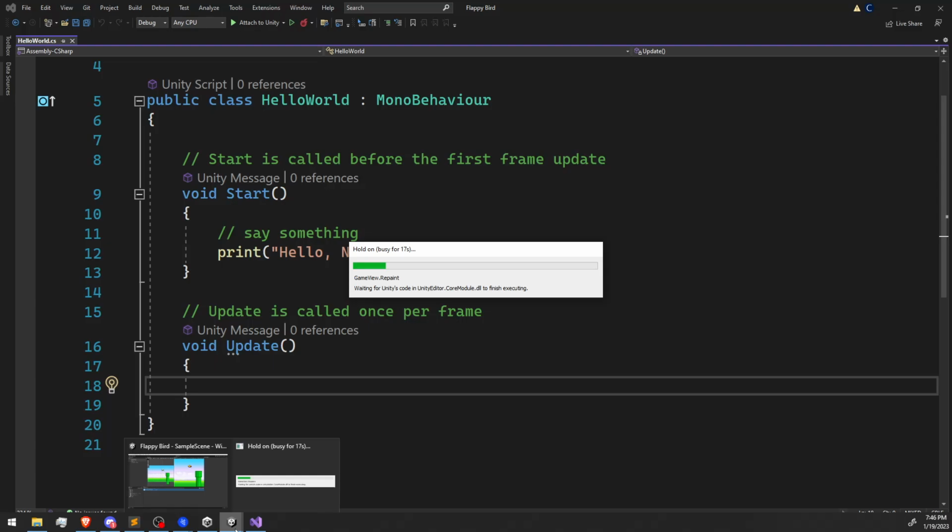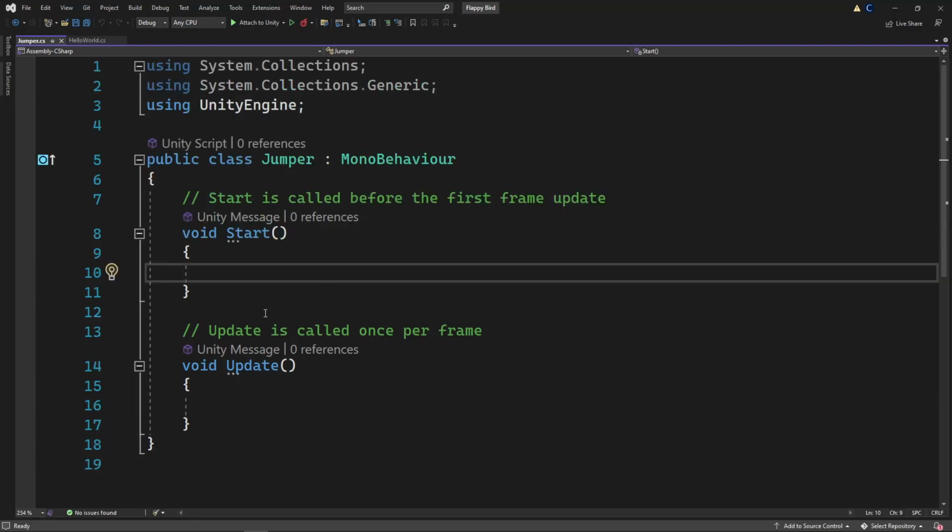One of the things that I don't like about Unity is that every time I make a script, I have to wait a while before I can open it up. But if I double click on it, then it will open up in Jumper, and we'll be able to type in the stuff that we actually want.